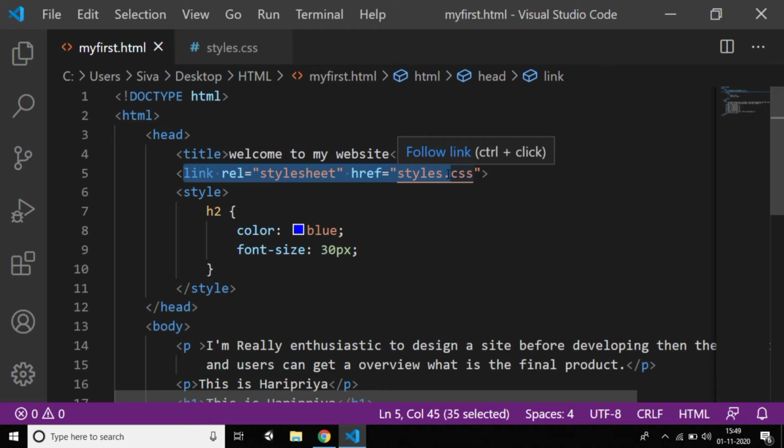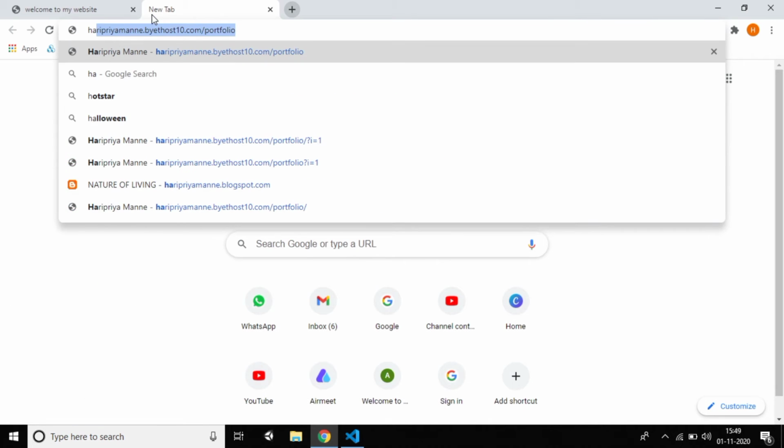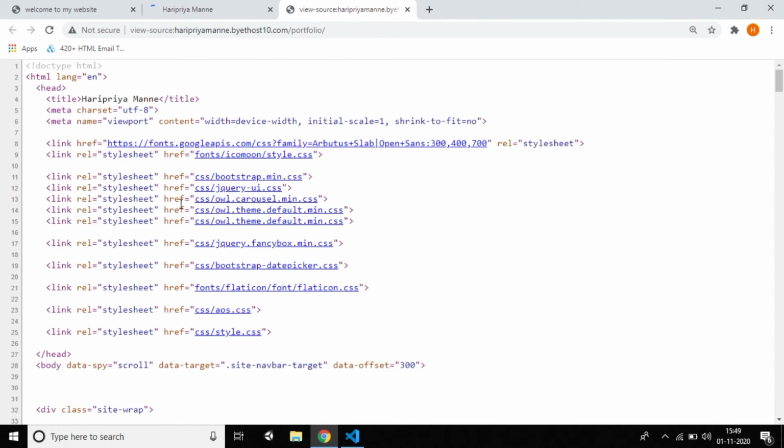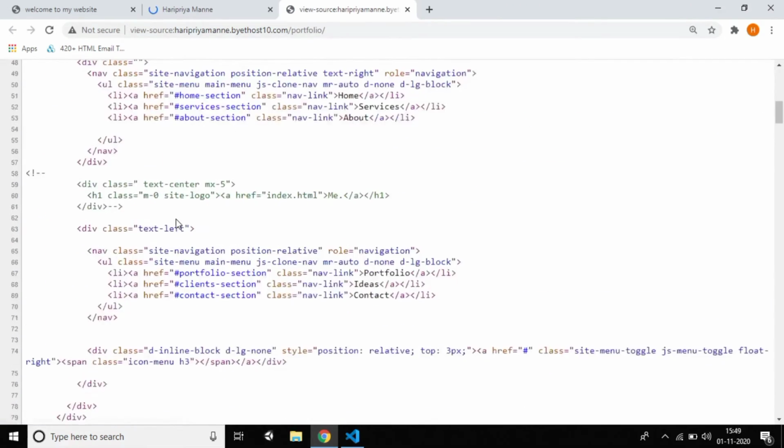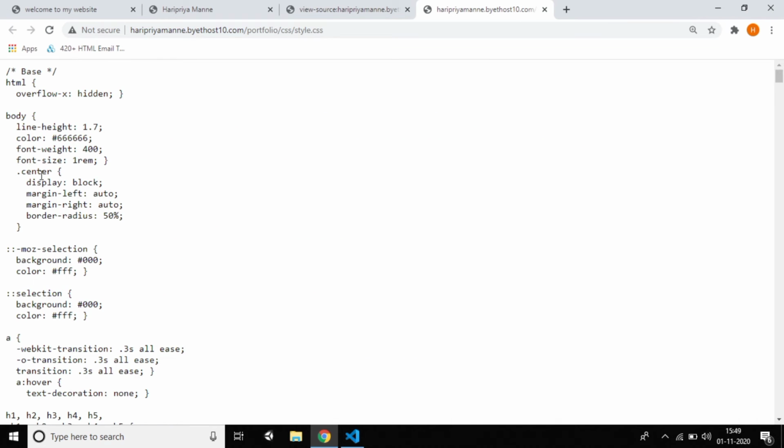And which one is better? Internal CSS you can write inside the same page. Let me open my website, my portfolio, and view the page source code. You can see that I created mainly bootstrap and styles.css files.